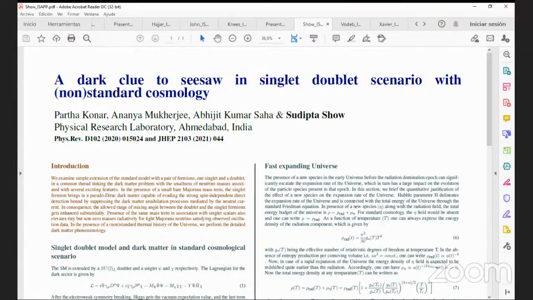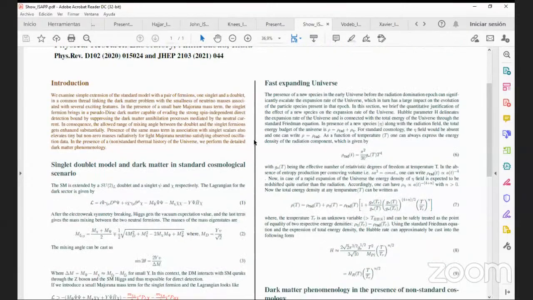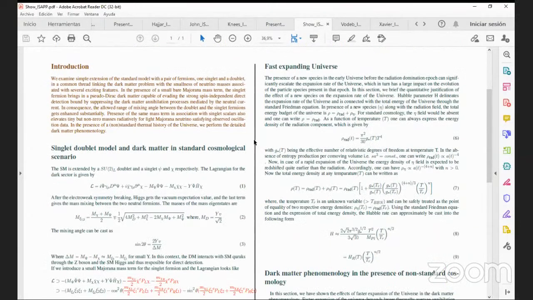Yeah, so I want to thank the organizers for giving me this opportunity to present this poster. So today I'm going to talk about dark matter in the singlet-doublet scenario with standard and non-standard cosmology. So can you scroll down? Okay, so